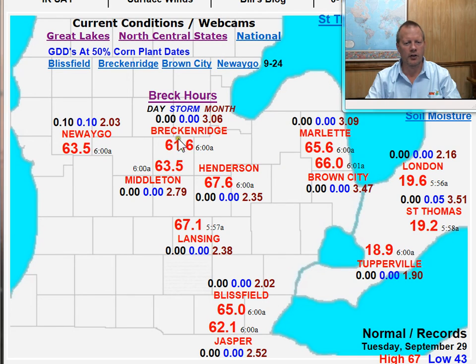And you can see out there it's very warm again this morning, about 15 degrees above normal. We got some showers moving into the area out ahead of a cold front. That'll bring, I think, most of the area around a tenth to 2/10 of an inch across the southern part of the state, up to about a half an inch as you get further north. And you can see Newaygo already picking up a tenth of an inch of rain so far this morning,